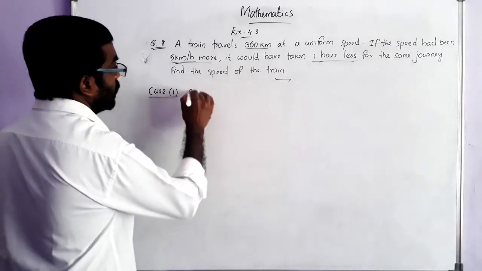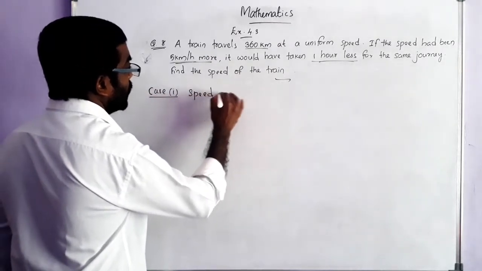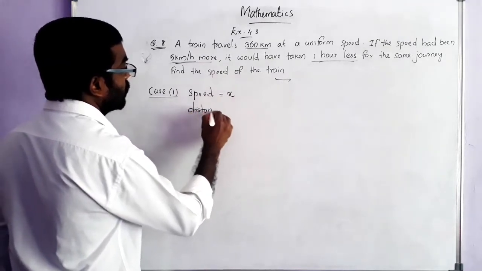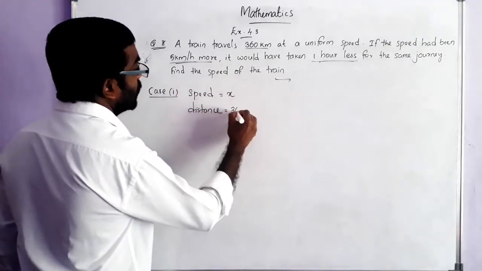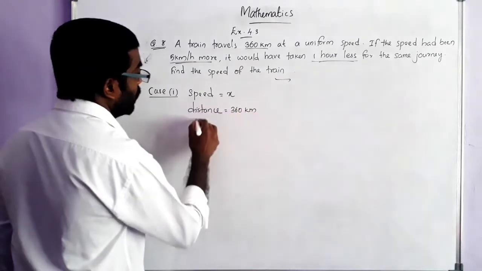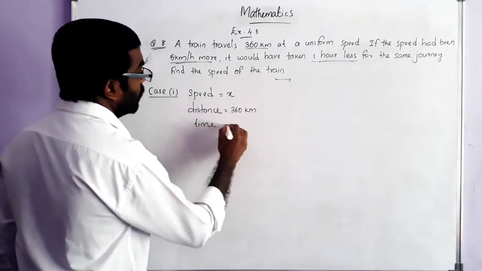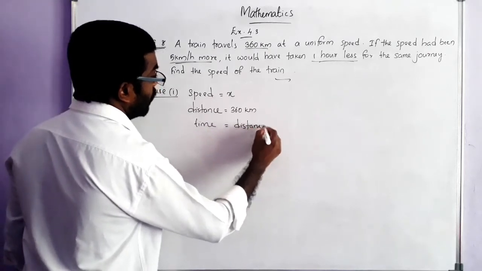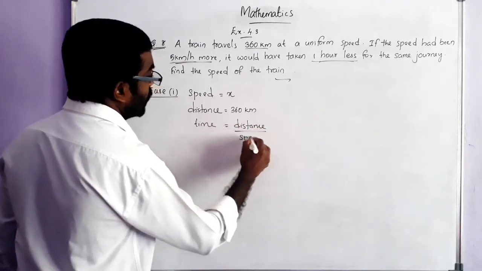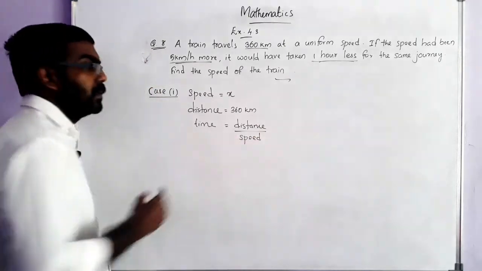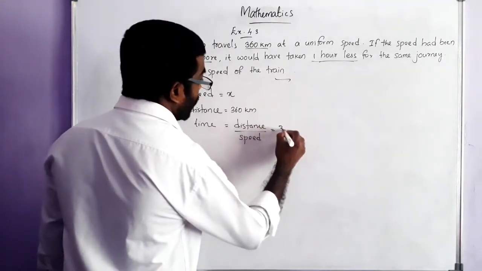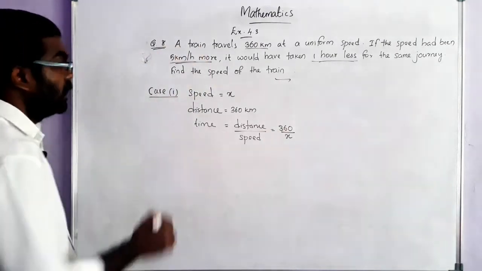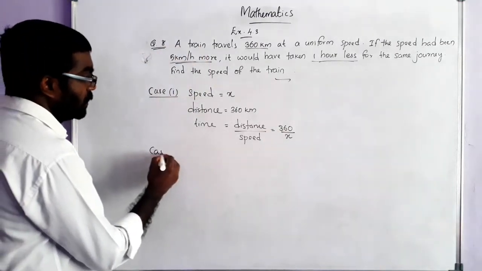In case 1, the speed we can take as x and the distance is 360 kilometer. Time is given by distance by speed. We have the formula time is equal to distance by speed, which is equal to 360 divided by x. Clear? Now the second case is